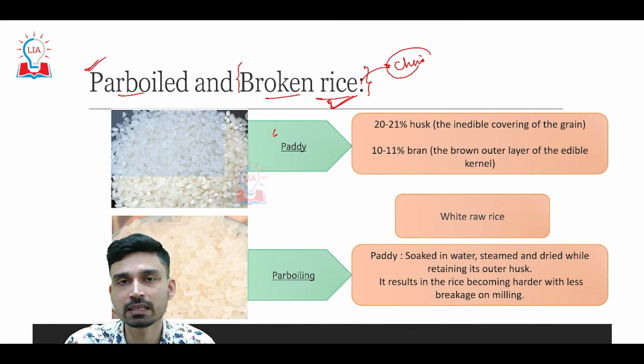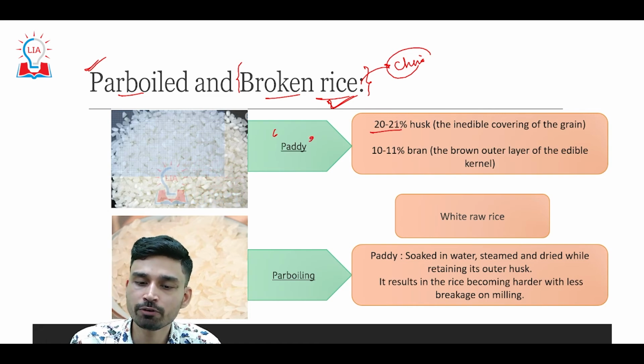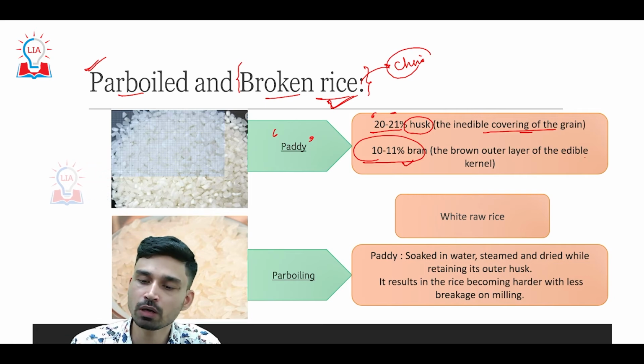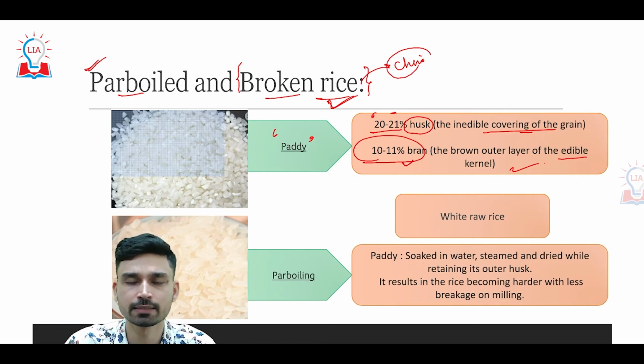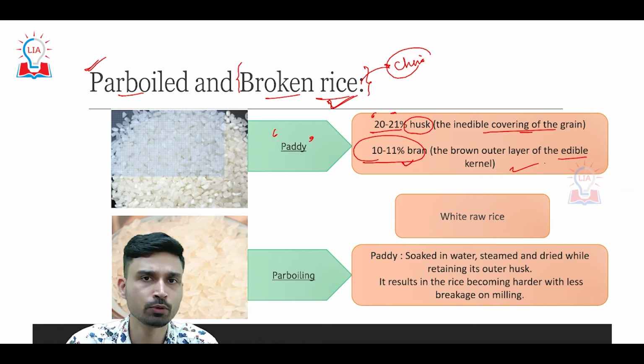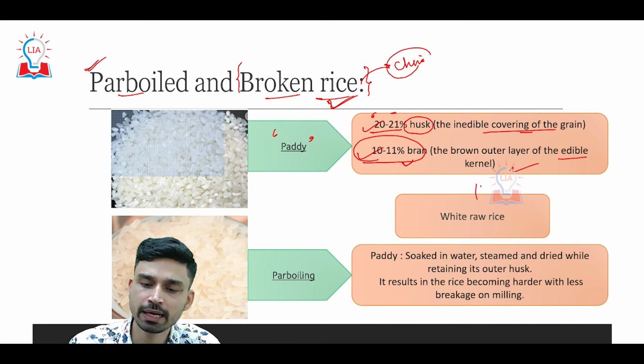We know that rice is something that we get from the paddy crop, and if we look at the composition of paddy, around 20 to 24% is made up of husk, the inedible covering of the grain, while 10 to 11% is made up of bran, the brown outer layer of the edible kernel, and the remaining 60% is actually the rice. Now, after the paddy crop is cultivated, it can be directly sent to the mills, and when it is, the 20% husk and 10% bran are removed,